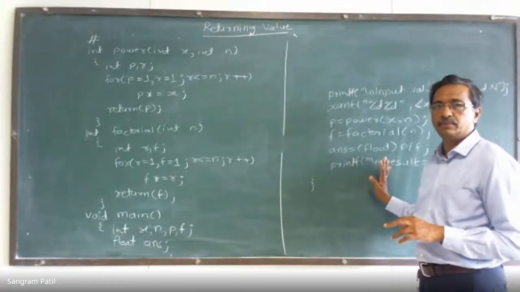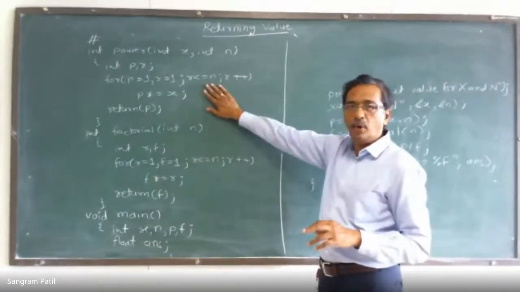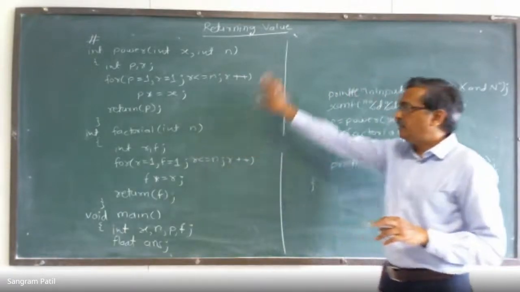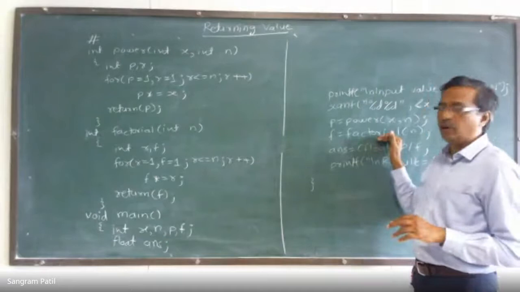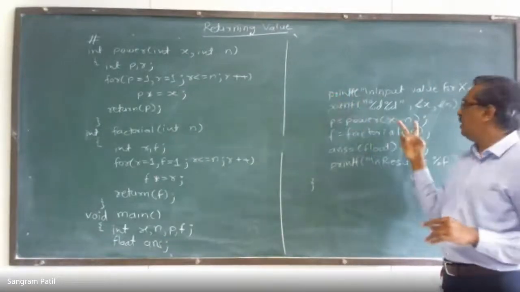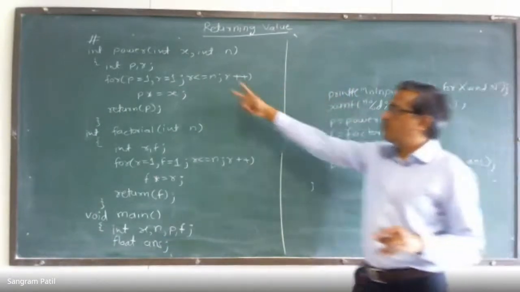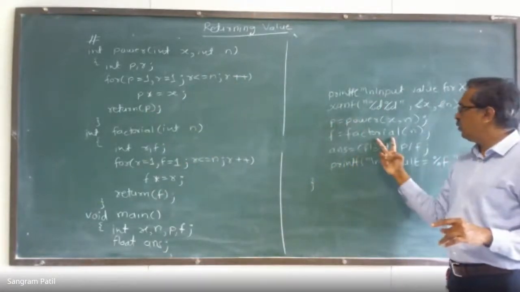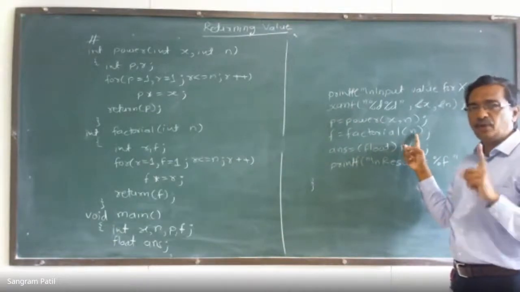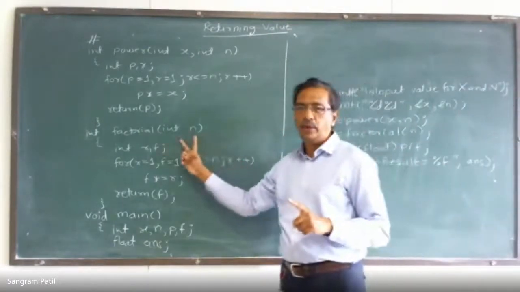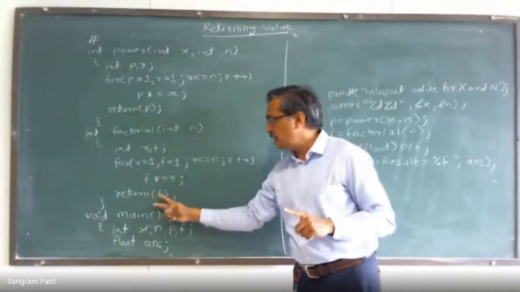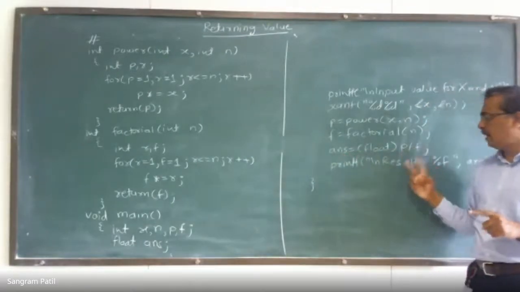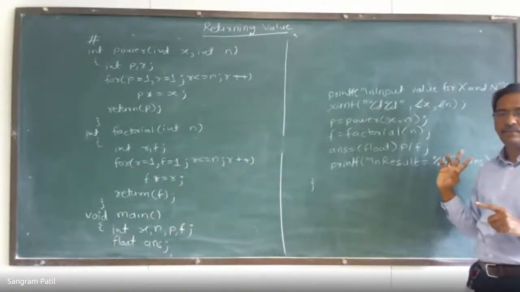So writing multiple functions and calling those multiple functions from a single program, this is the concept. We have written one function called power. Second function we have written will calculate factorial, and these two functions we are calling from the main program. For the power we need x and y, so we are passing two values. It will execute power, value of p, again we are receiving it in p. Then factorial, we need n factorial, so we are passing only a single value n. It will execute the factorial, and value of f we are returning to f, and then we are calculating answer p by f, and then we are printing the result. Just check this.